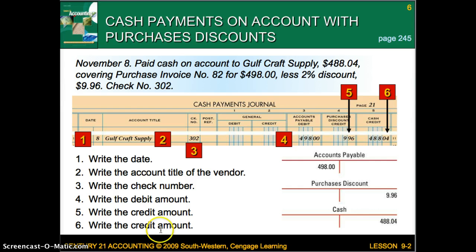November 8th. Paid cash on account to Gulf Craft Supply covering purchase invoice number 82 for $498 less a 2% discount, $9.96. Check number 302. So if you look here, now I've gone back in my book. I'm going to go back to the correct page. If you look on page 245,